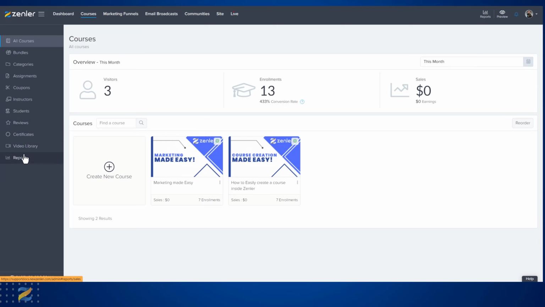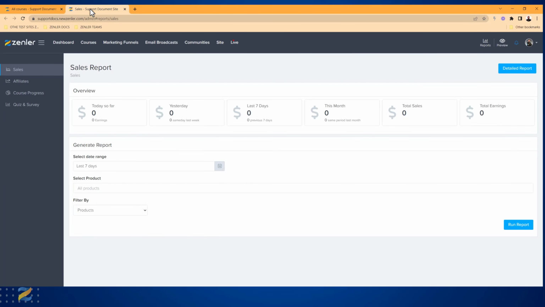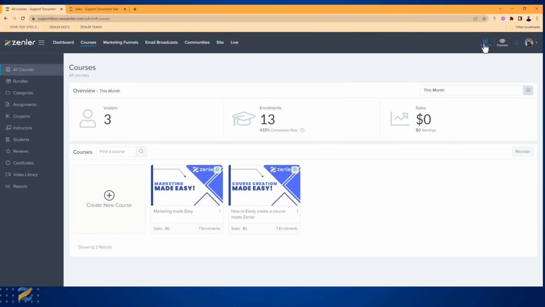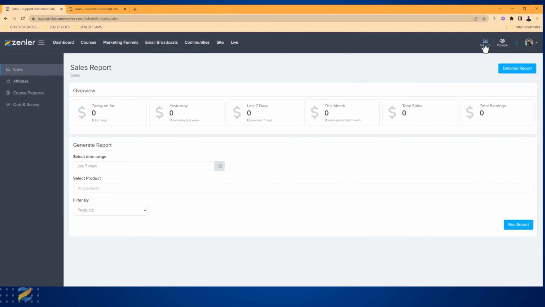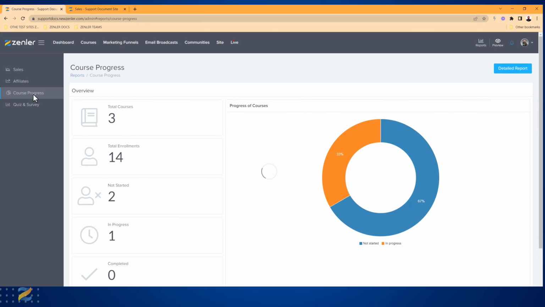Let's click this now and watch the new tab open here. Notice the new tab, we haven't lost the page, but we've opened up the reports page. As I mentioned, this is exactly the same as hitting Reports up here on the right. There's no difference. So from the reports area, you can view the course progress within here and view reports about